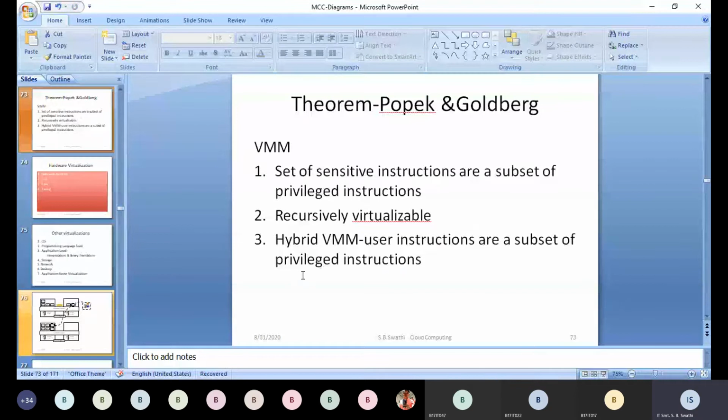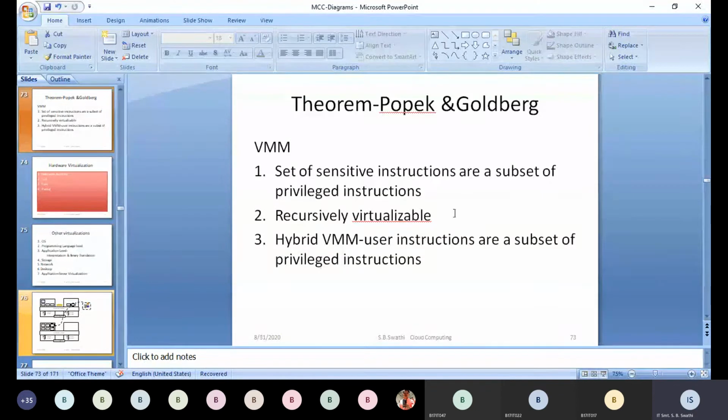And there are three theorems which are given for the VMM. That means we can say them as theorems, or we can say them as features which can be included. These are not compulsory features. They can be included under VMM. These theorems are given by Popek and Goldberg, which can be included to make the VMM more efficient.